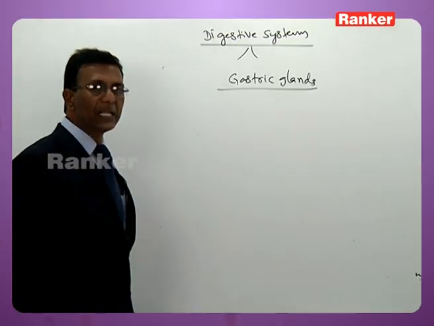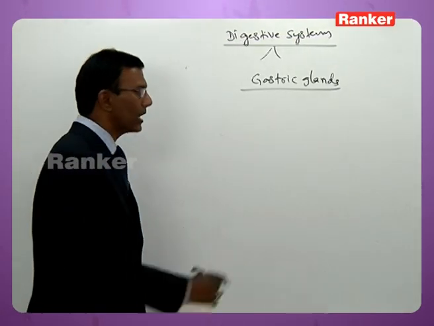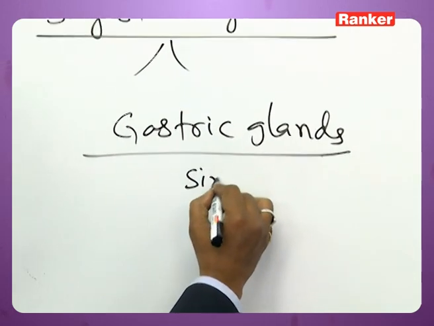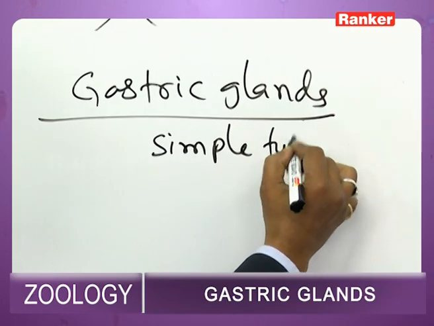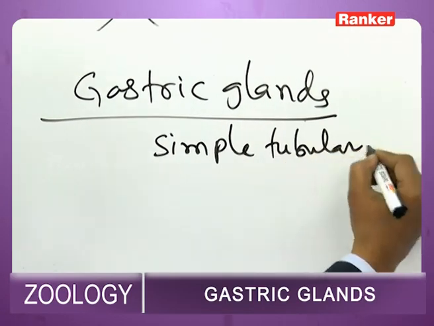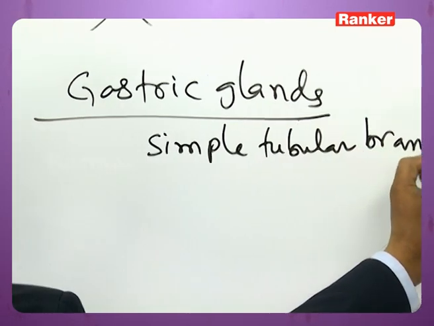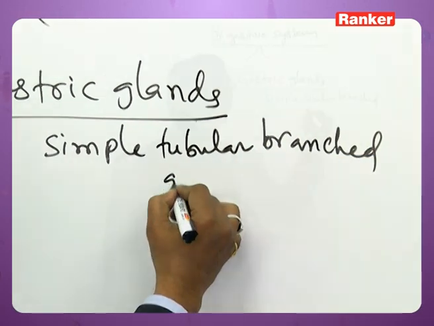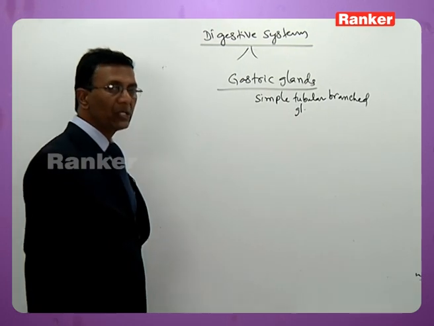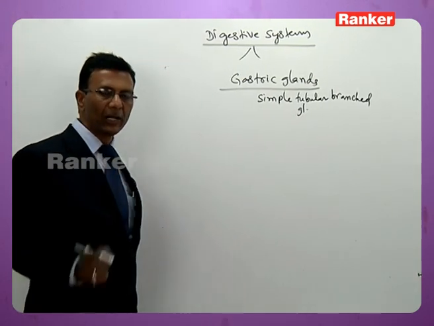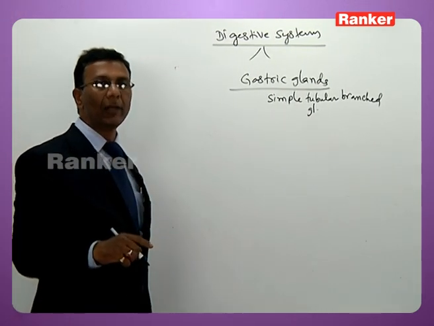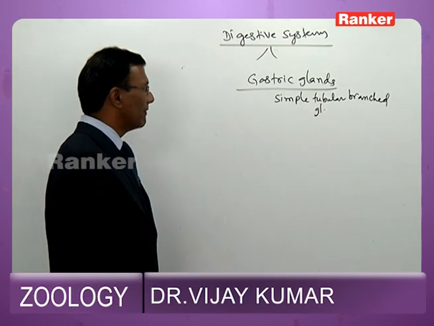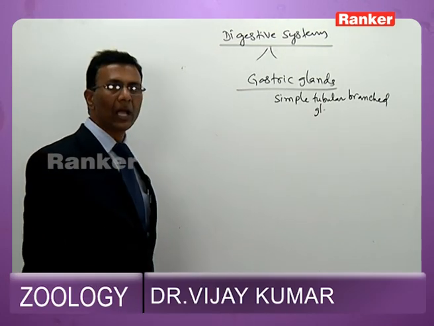Now the gastric glands, the digestive glands of the stomach, are simple tubular branched glands. Like you learned that salivary glands are complex alveolar glands, whereas gastric glands are simple tubular branched